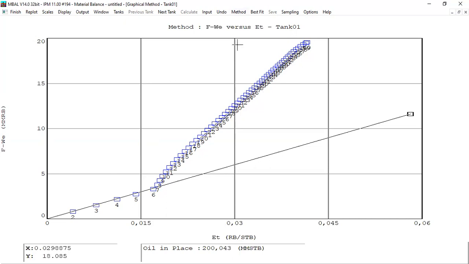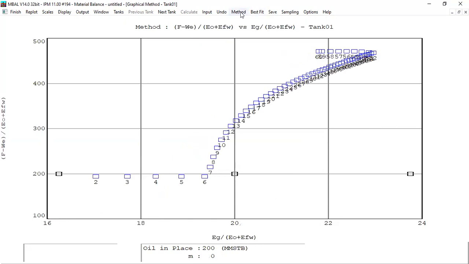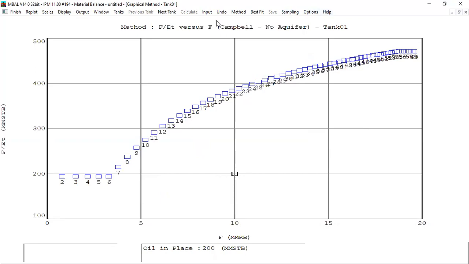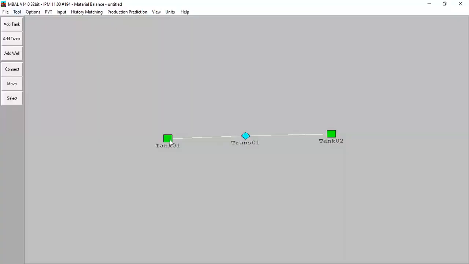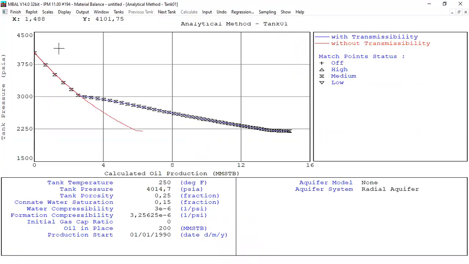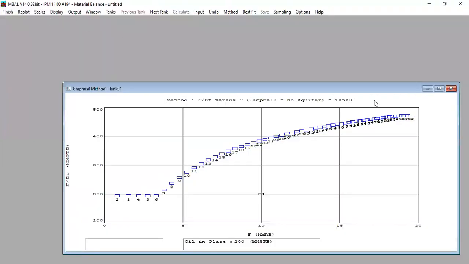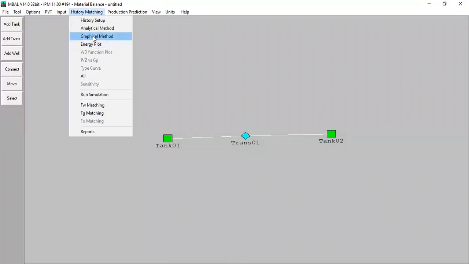And also let's check the next method. Okay, it still doesn't match. Very limited. So if we have two reservoirs and they have transmissibility, the best method should be the analytical method like this. And then we can check the graphical method. Oh no, sorry, the energy plot